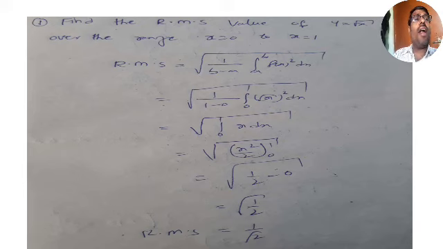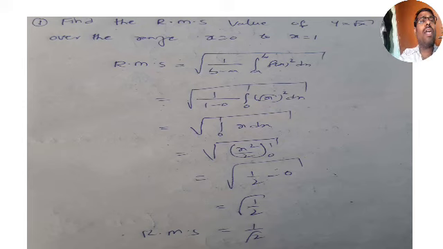So this is: find the RMS value of y is equal to square root of x over the range x equal to 0 to x is equal to 1. Here f of x is square root of x and a is equal to 0, b is equal to 1. Limits are given and function is given. Very simple problem I took as a first problem, and this is a previous problem for 3 marks. Don't forget that this is not just simple, it is important. It has come many times for 3 marks in examination. Are you getting? Many times it has repeatedly come for 3 marks.